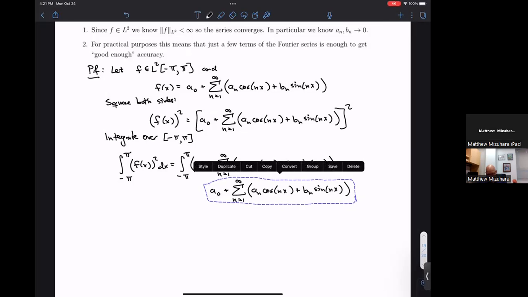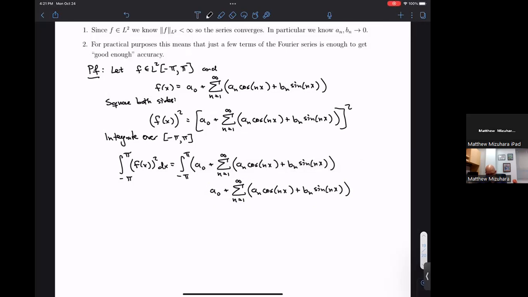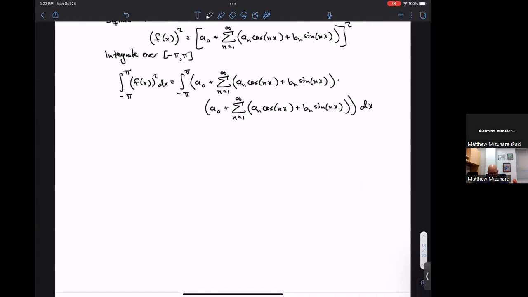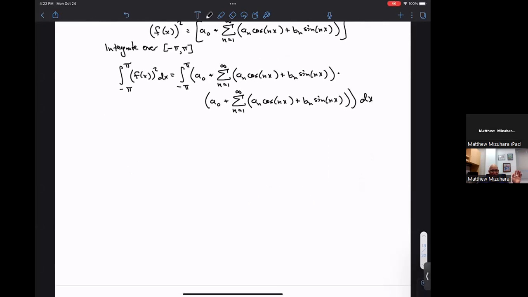So I'm a little bit out of room, but that's okay. So this times the same thing again, all dx. Okay. So I just wrote the two copies rather than writing it squared. Sometimes it can be helpful to write the two copies next to each other. And all this is being integrated dx. Okay. Wonderful. So the hope is I can make some progress here without going too over the top with all